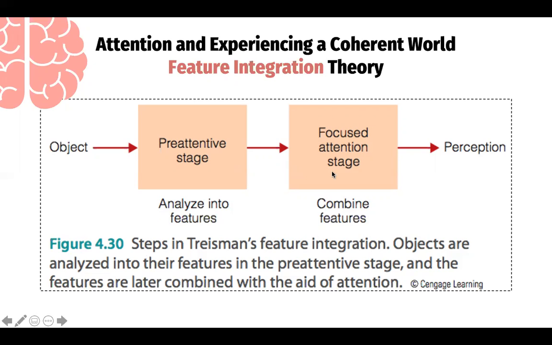And then in the next stage of processing, called the focused attention stage, attention is focused on the object and the independent features are combined, causing the observer to become consciously aware of the rolling ball. And in this two-stage process, you can think of visual features as components of a visual